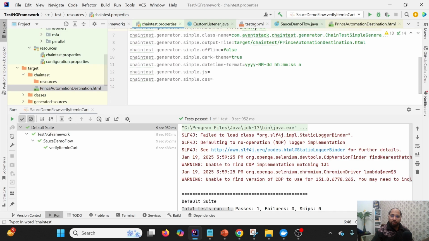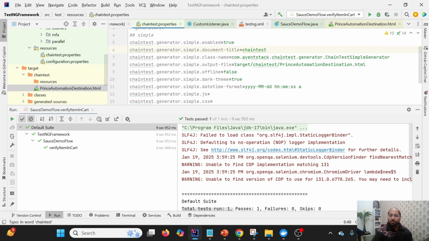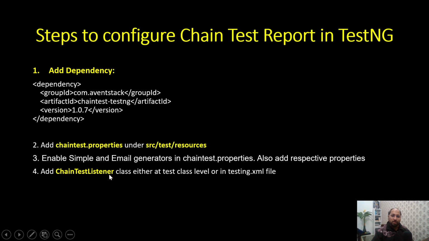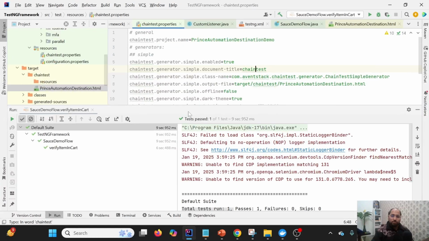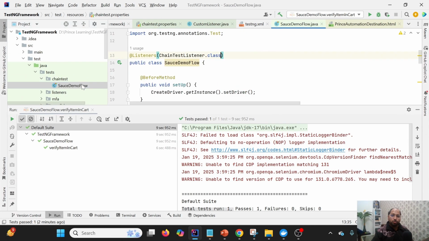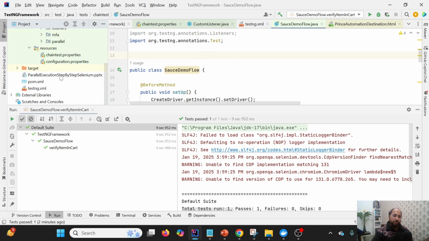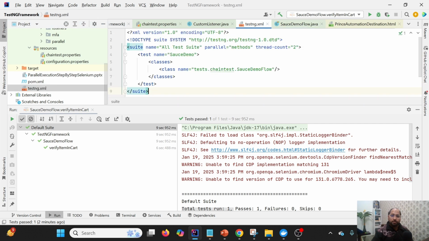Similarly, if we want to generate an email report, we can enable the email generator. But before that, I just want to show you, as per the slides, that we can add this ChainTest listener either at class level or at TestNG.xml level, right? At first we added it at class level. So what I will do is remove it from here, and go to TestNG.xml, which I have already created. In this case also I'm pointing to the same demo flow class,